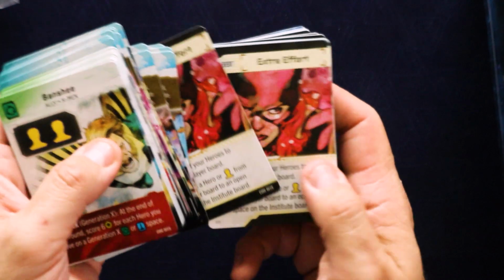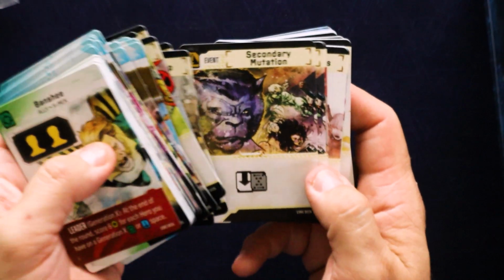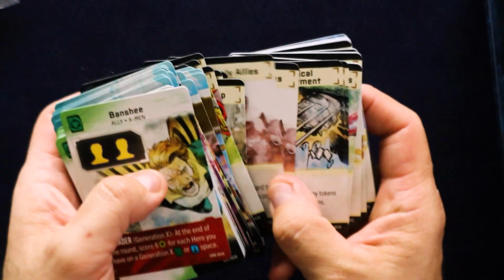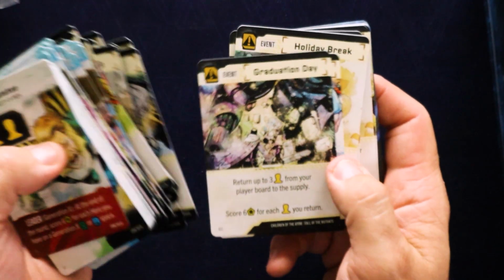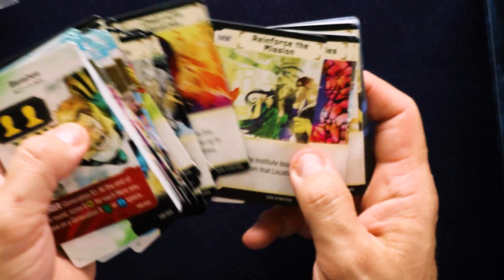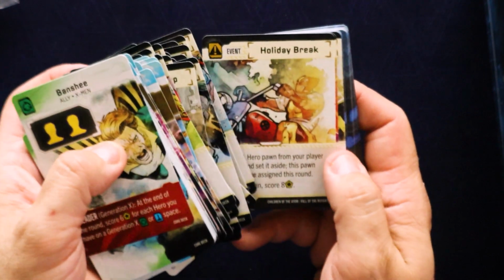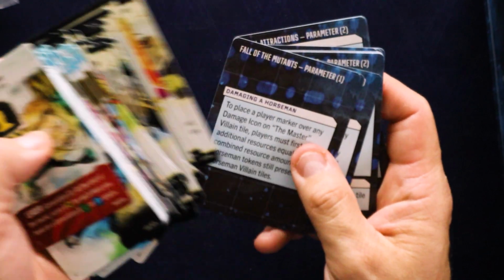Again, these maybe are skills, because extra effort, fastball special, yeah, special kinds of moves. Found Family, Mission Prep, Secondary Mutation, Show of Force, Team Building Exercise, Unlikely Allies. Yeah, Magneto. Interesting. All right. Tactical Adjustment, Advanced Classes, Show of Force, Graduation Day, Training Exercise, Holiday Break, Clash with Acolytes, Reinforce the Mission, Small Victories, Shifting Loyalties, Graduation Day, Training Exercise, Holiday Break. Am I repeating these? I think I am. Okay, and then we have...